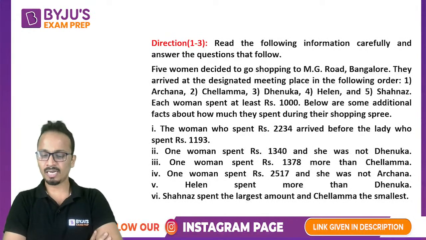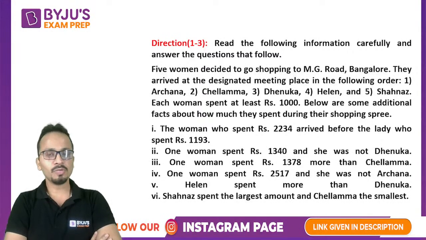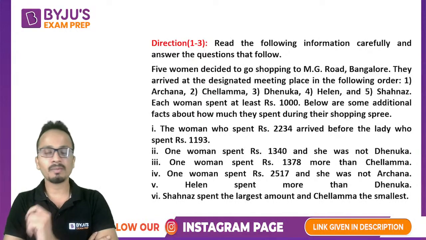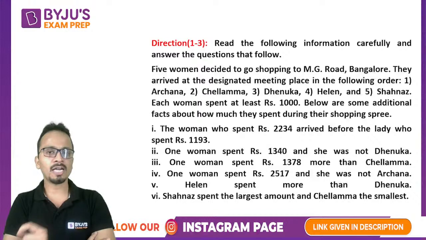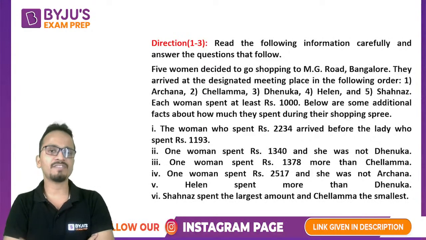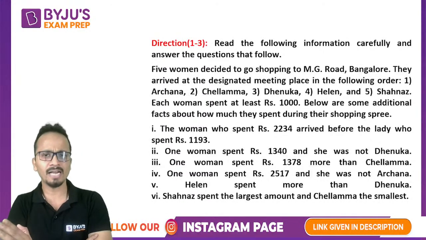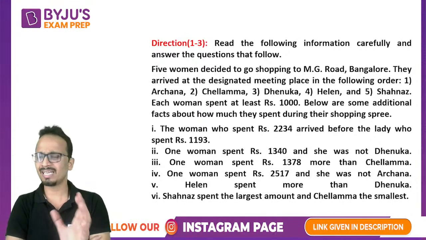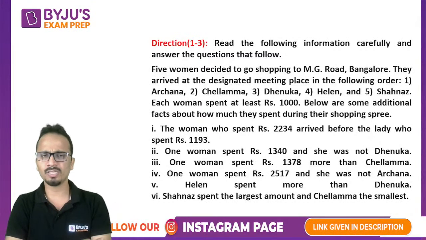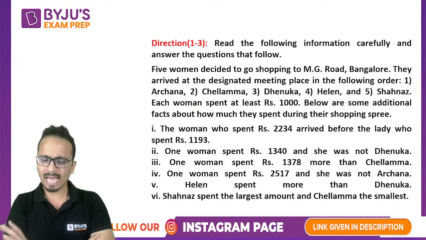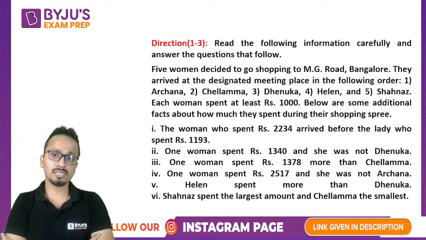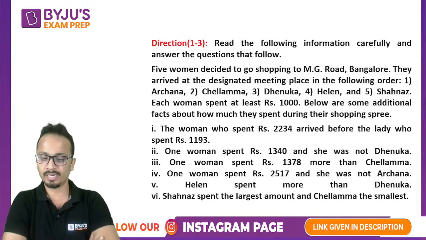John, you are asking how to basically get rid of the fear of LRDI. The only thing that will help you is regular practice. Make sure that you are practicing at least 4 or 5 sets of LRDI, starting from the very basic level. There is no need to jump directly to the level of CAT. So you are solving the basic questions, at least 4 to 5 sets to start with, on every alternate day. Once you are done with the basics of each and every topic, make sure that you practice regularly, and that will help you in getting rid of the fear of LRDI.